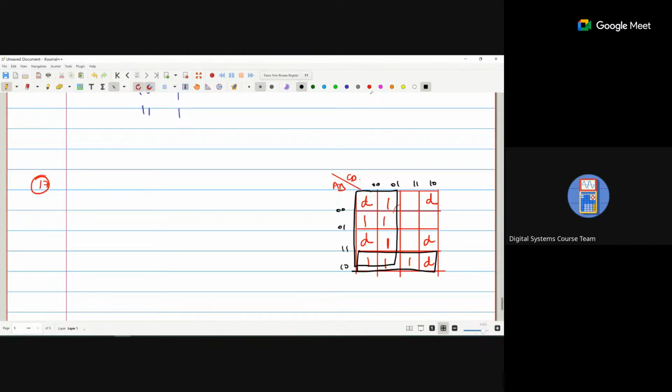So the answer is C bar for this group. And the last is C bar, B bar with A, and finally